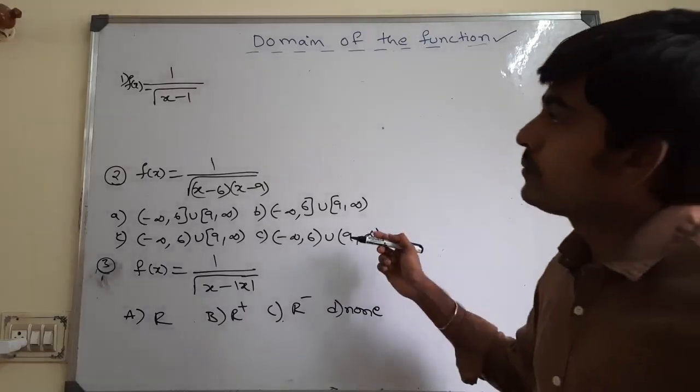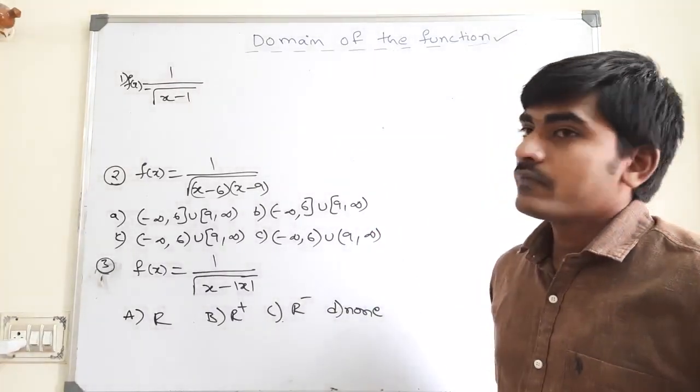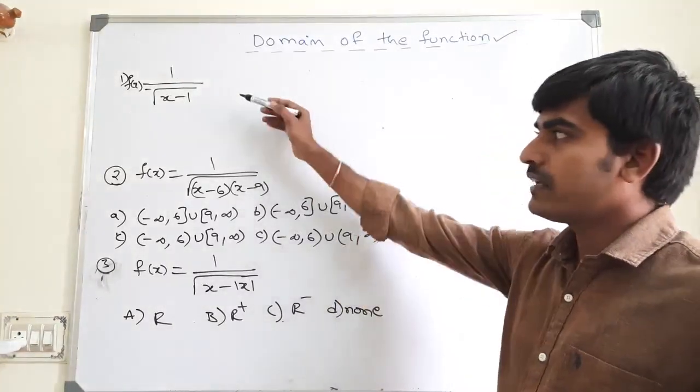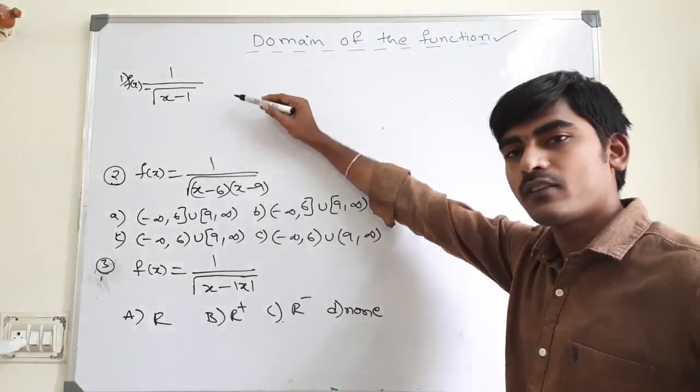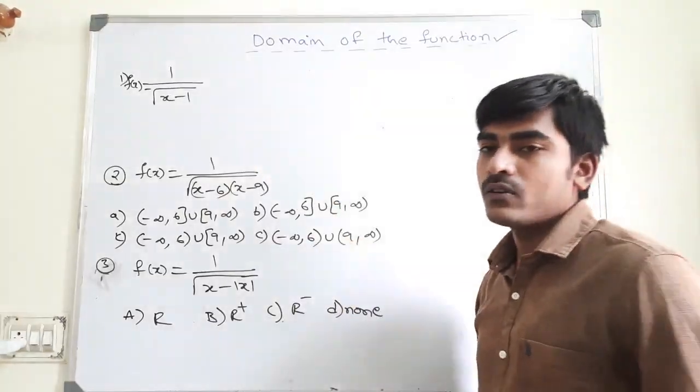You see this third model. Here, what is our target? Again, the same domain only. I did not write it completely because the board is small. Again, we need to find the domain only. For this, I have not written the options.